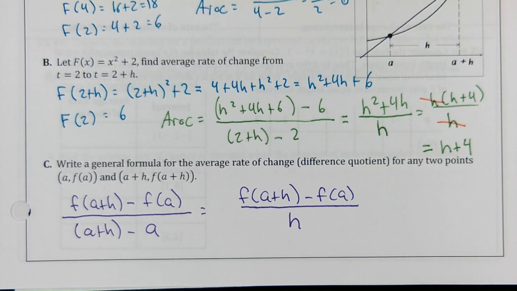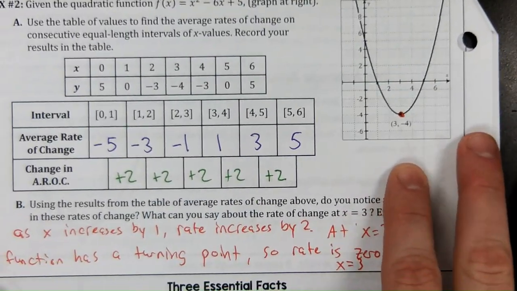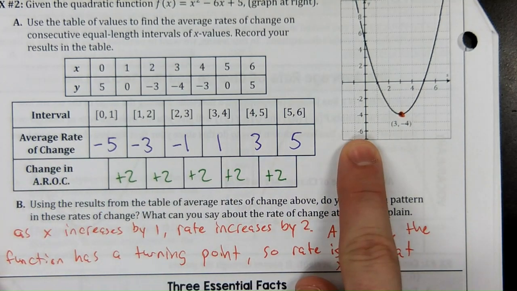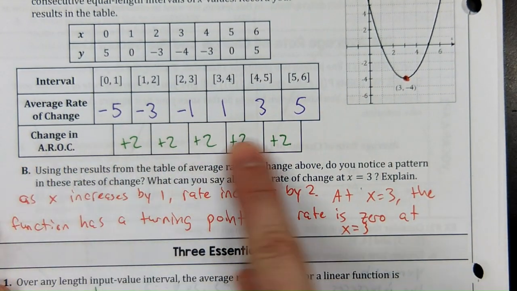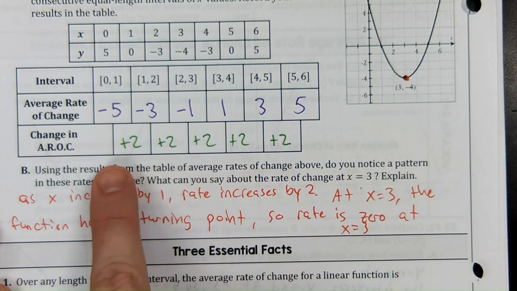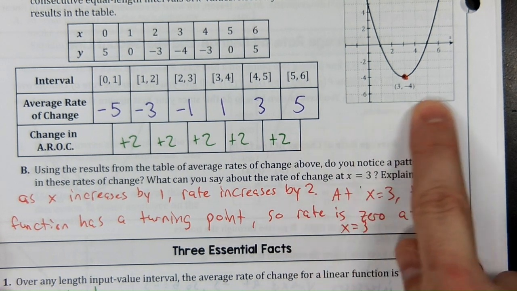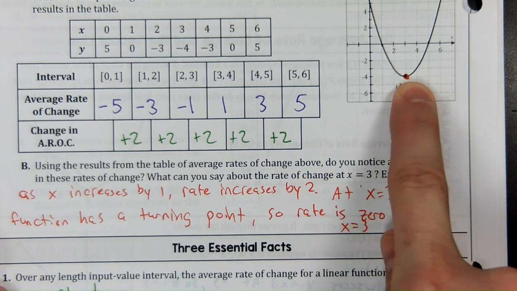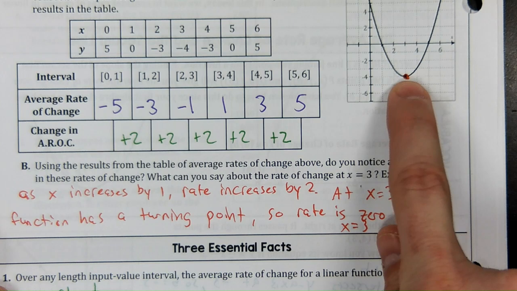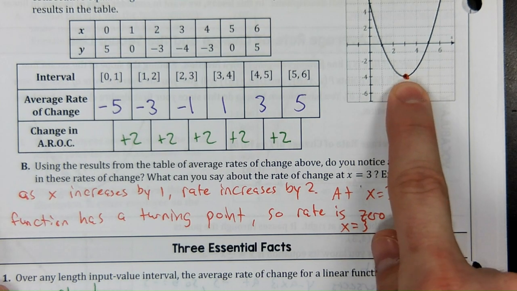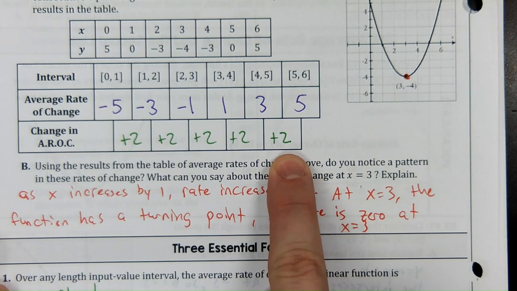What I do need you to be good with, and because I think you're probably not perfect with it yet, after I get through the lesson, I'll do another example of it, is this whole setup here where we took a table of data, we found average rates of change, we then found the change in those average rates of change, and we said that this number represents the slope of our rate of change function, if you recall doing that. We said that we had an instantaneous rate of change, IROC, of 0 at x equals 3. We used this slope of 2